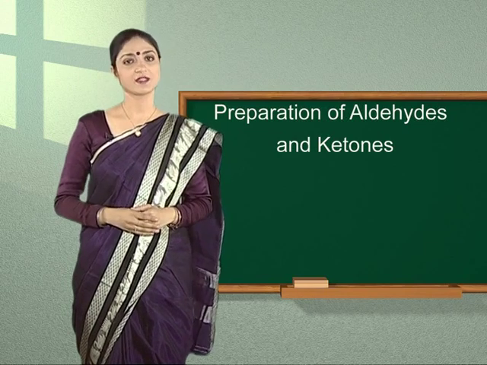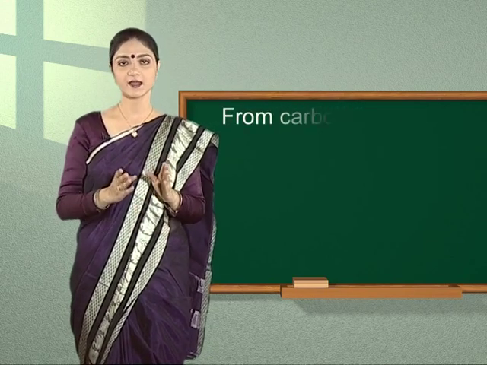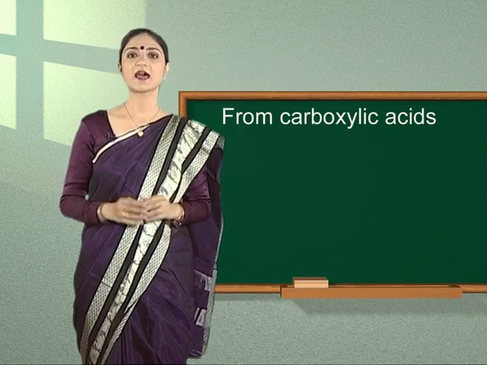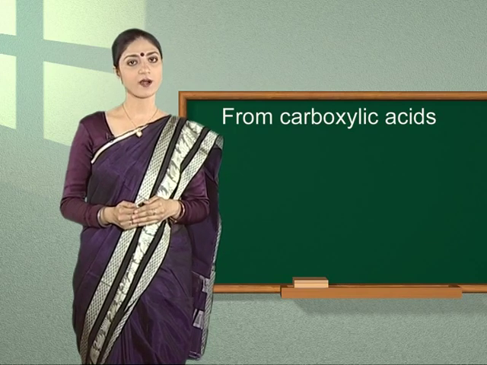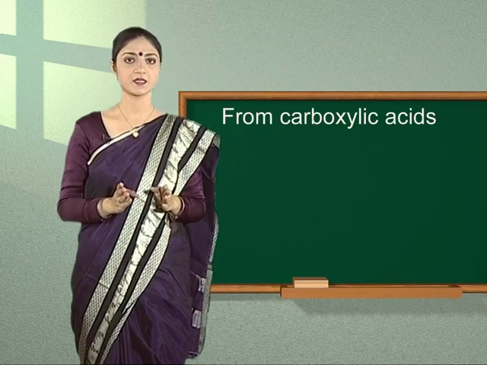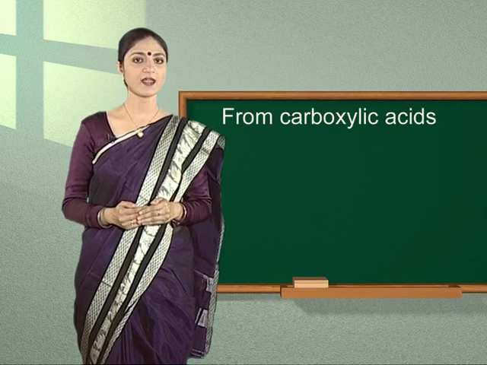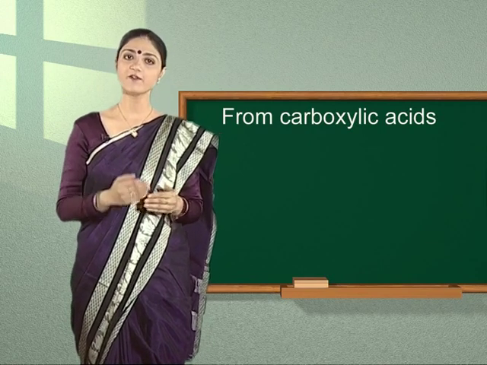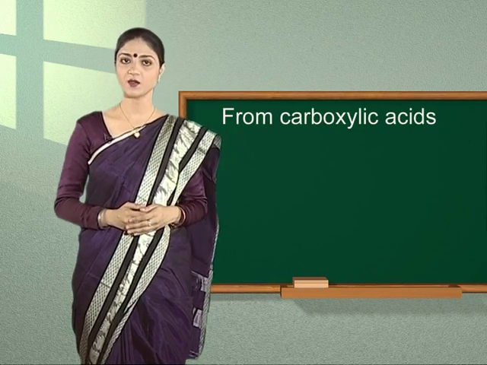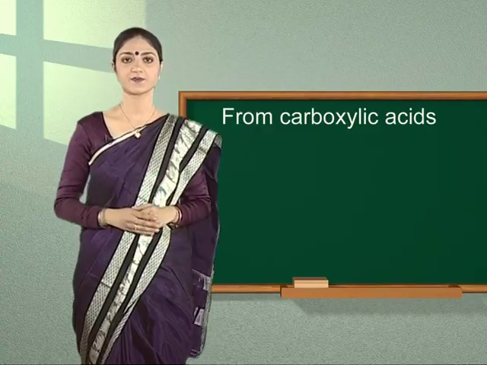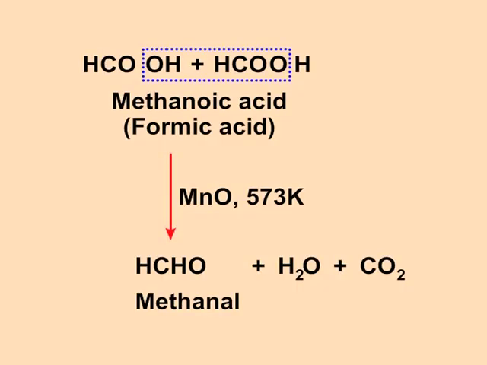Let us now learn about the second method, that is from carboxylic acids. Aldehydes and ketones can be prepared by catalytic decomposition of carboxylic acids. This can be done by heating a mixture of methanoic acid or other acids to 573 Kelvin in the presence of manganese oxide, that is MnO, which acts as a catalyst. On passing the vapors of methanoic acid over manganese oxide at 573 Kelvin, methanal is formed along with water and